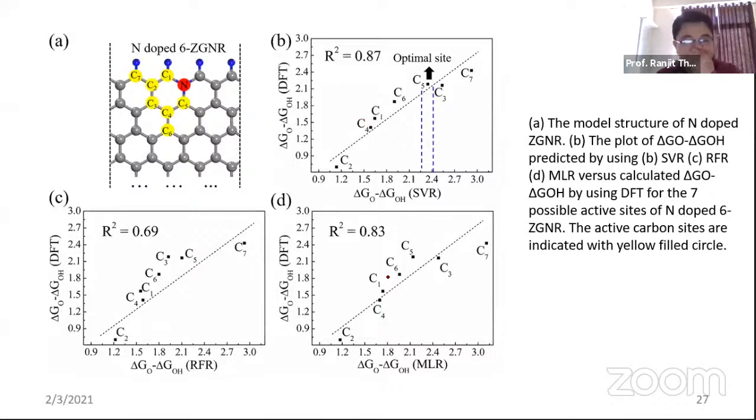Then one question, of course, this was not there in our work. The reviewer says that this is just S, SO2, PO2. If you take any other type of dopant, will your predictive model work or not? Then we showed that if you take a random nitrogen dopant, which we had not considered in that work, you can see the R square value between DFT calculated for these sites and SVR methods is matching very well.